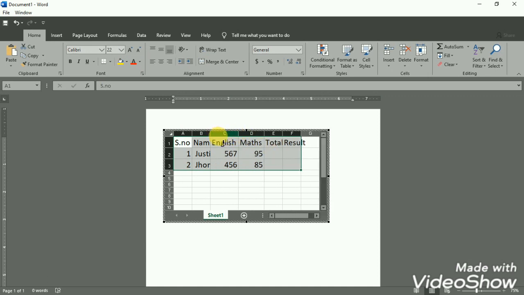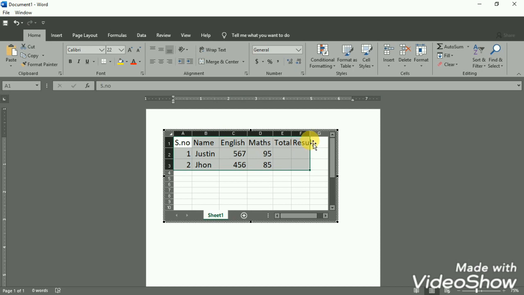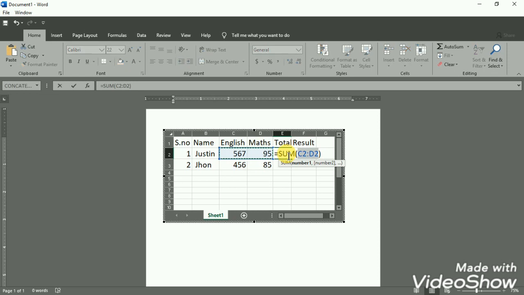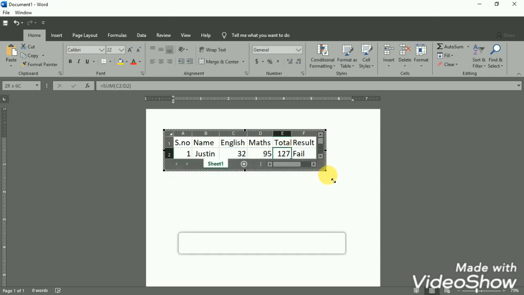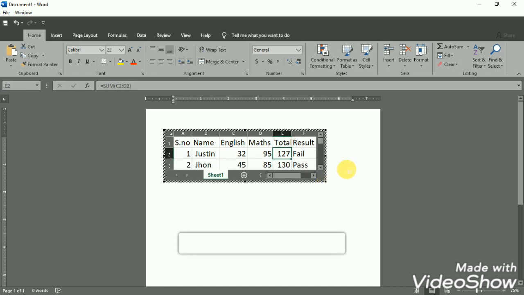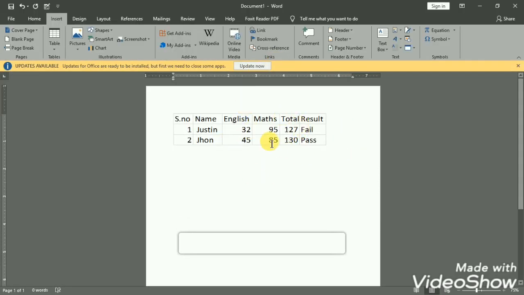I am taking two subjects and performing total formula and result formula. I can get the result. So I have used two formulas, one for total and one for result. And we have to click on the white space so that it is inserted. So now whenever I want formulas, I can use Excel spreadsheet in a similar way.